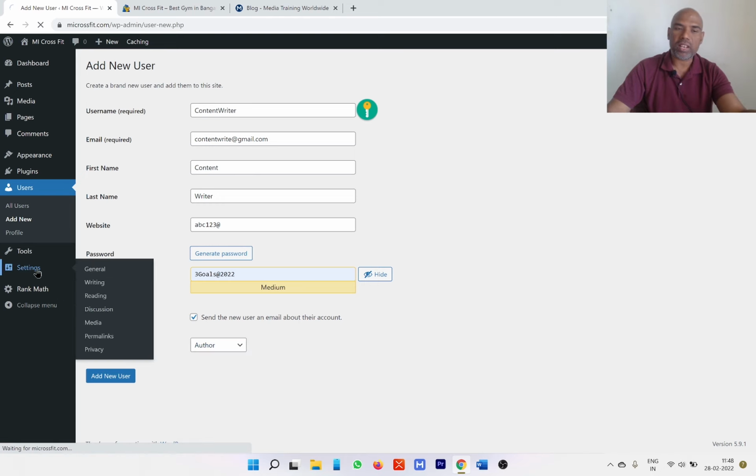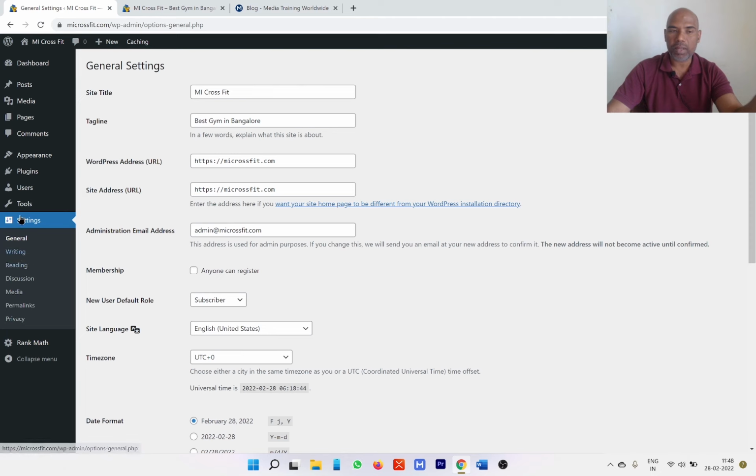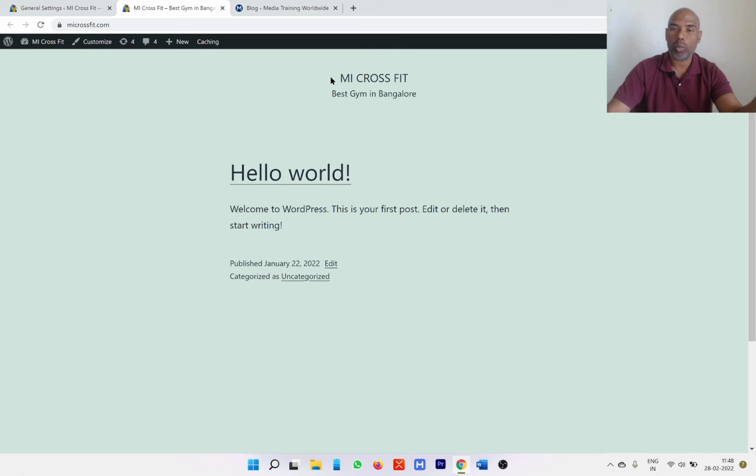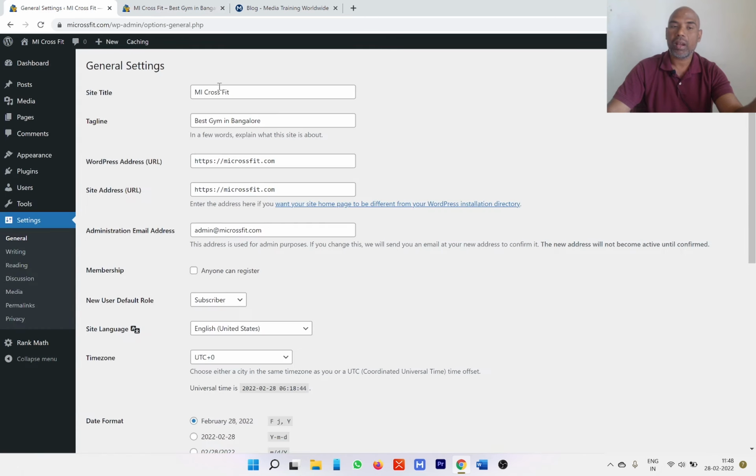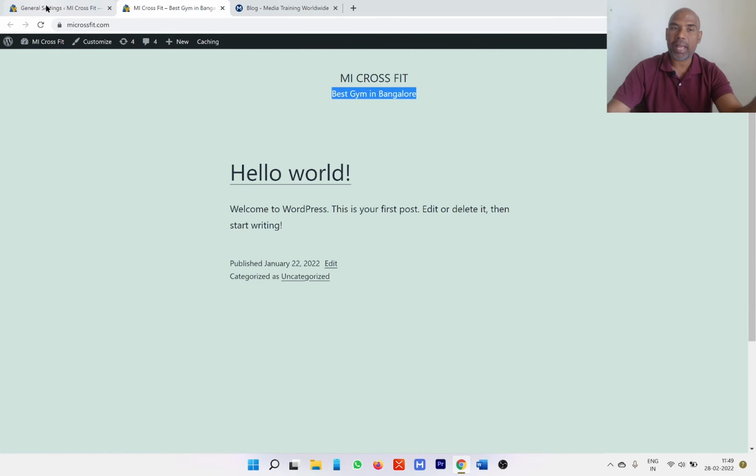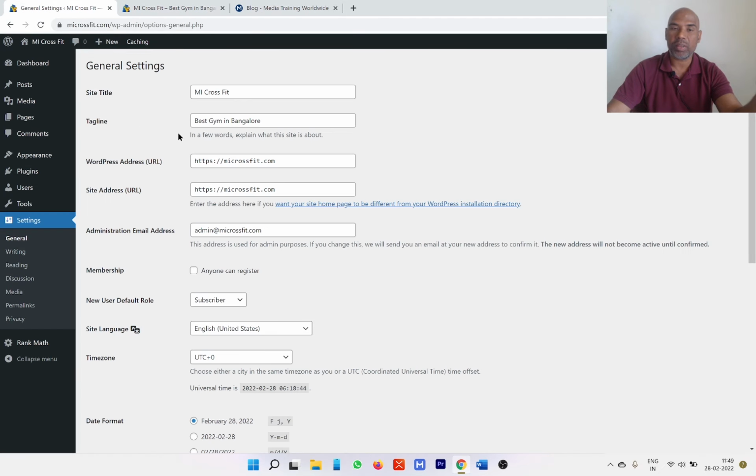Let's quickly look at settings. Settings can be super useful. Under settings, we have general. Now this is where the title of your website will come into picture right here. Whatever appears in the front end right here comes from the site title. This right here, best gym in Bangalore, is the tagline. So you may choose to use your keyword in here because this tagline may appear in the Google search results. When people search for "Am I CrossFit?" for example,